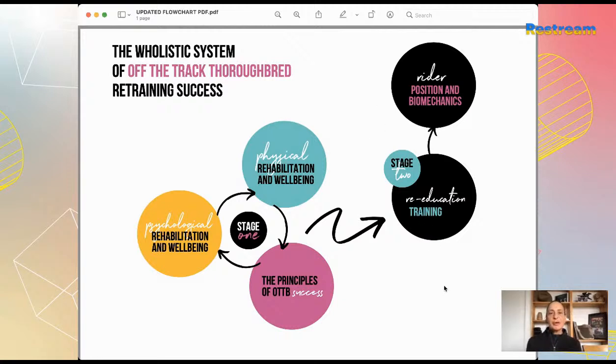In stage 2, we're retraining our Off the Track Thoroughbred to be light and in self-carriage, light and responsive, and to carry their weight on their hind end once we've taught them to be light to the aids. But then we come back to our rider position and biomechanics. We need to make sure that we are in self-carriage. We are not leaning on the reins. We have a correctly fitted saddle that is putting us in a position where we can be balanced over our feet. And also this exercise in the YouTube video,